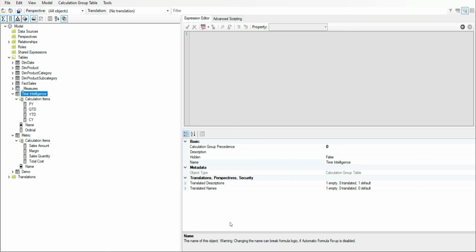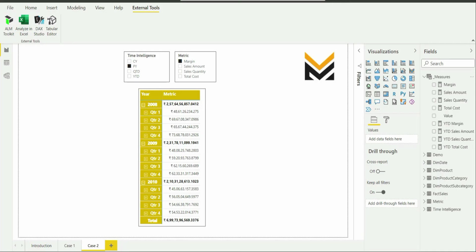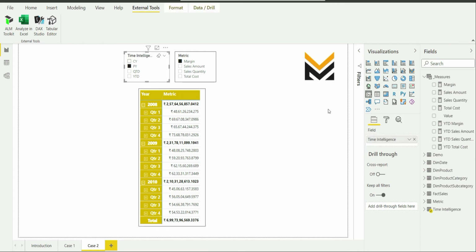Now, if I go to this file and click on this time intelligence filter, as you can see, I have used name as the field, and this name has CY, PY, QTD and YTD, that is, all of the time intelligence calculation items, as the filter.